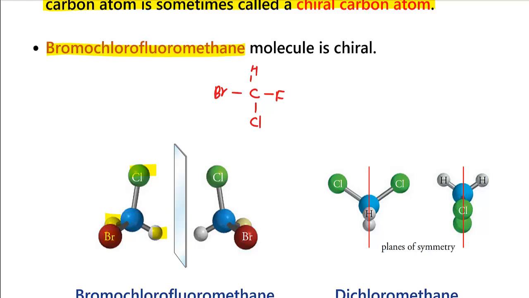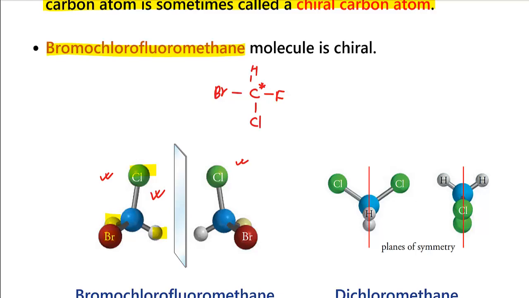4 different groups. So this carbon is a chiral carbon. Generally, to denote chirality, we place a star sign. So this is a chiral carbon. So this molecule is a chiral molecule, and if you take the mirror image of this molecule, it is not going to be superimposed. So to find whether a molecule is chiral or not, as I said earlier, we can see whether it has a symmetry or not. In this molecule, we will not find any plane of symmetry. And that's why these two molecules, that is the object and its mirror image, are not superimposable, they are chiral.